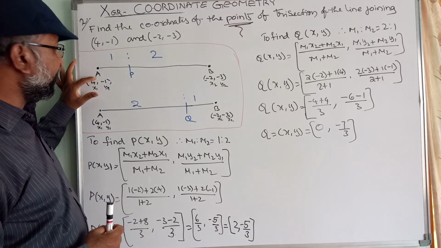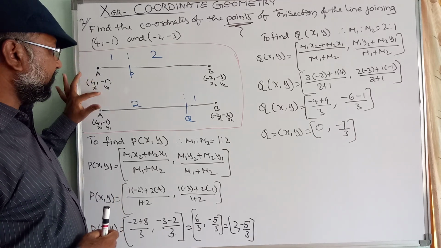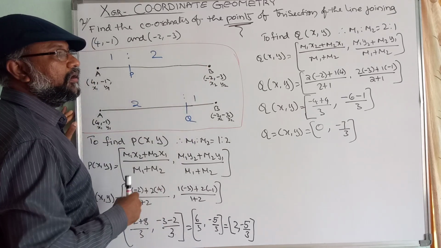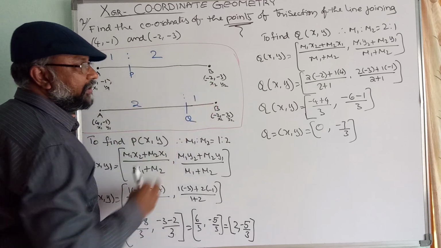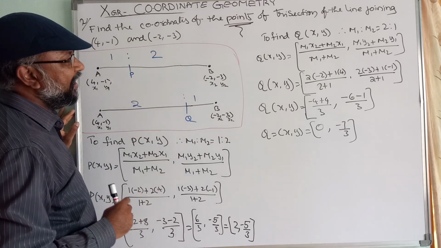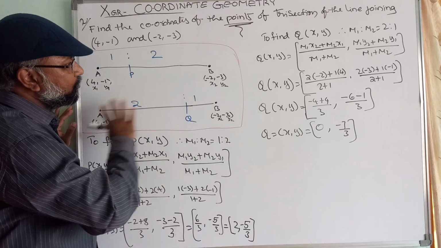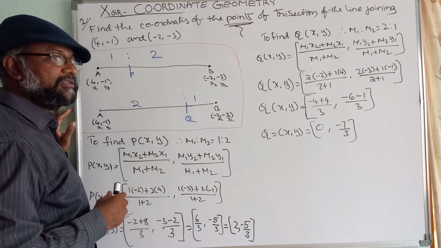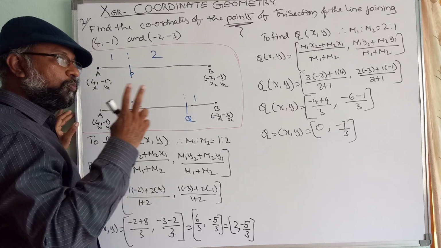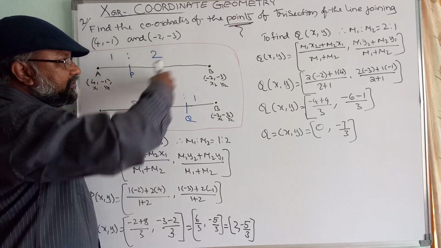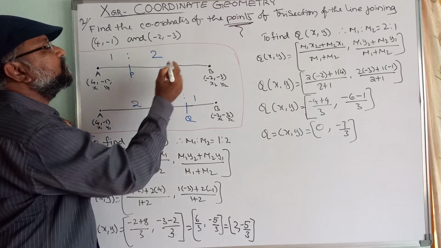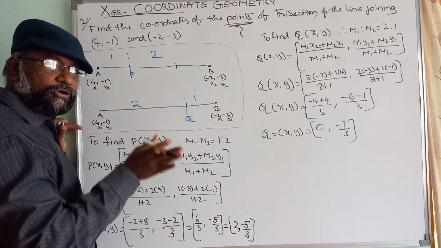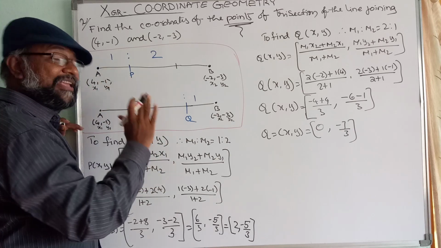We have a point A, (4, -1) the coordinates, and we have a point B, (-2, -3) are the coordinates, and they are asking us, this is only one line, we need trisection points. That means 2 points. When you have 2 points here, this is one point, this could be another point, the whole line will be split into 3 equal parts.